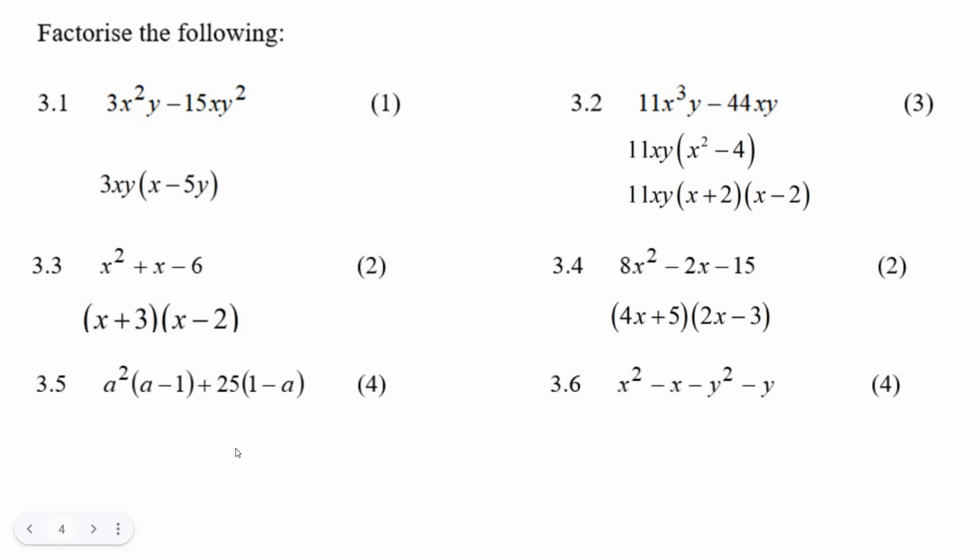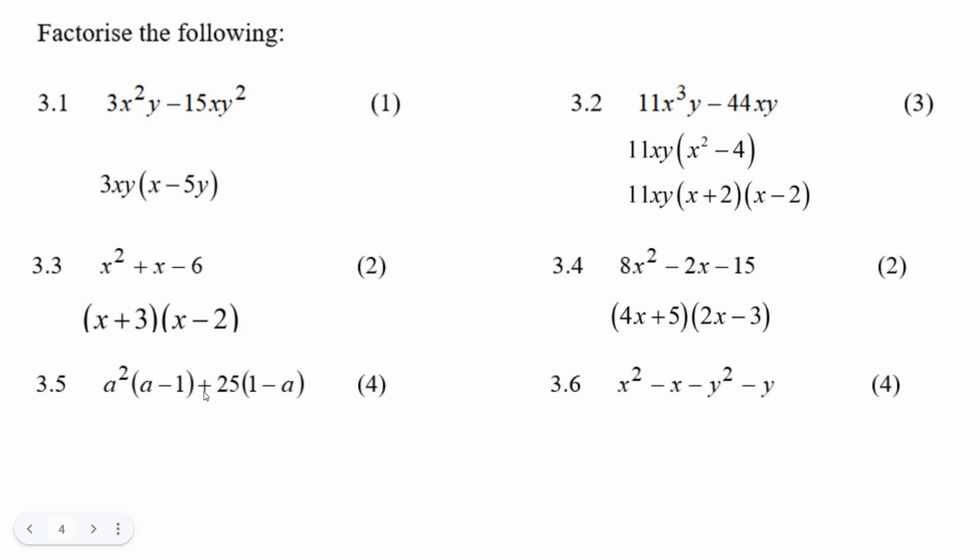Okay, let's try three more factoring problems. Now, here we are looking at this thing. This looks a lot more complicated than the first four. We've got a minus 1, and here we have 1 minus a. Well, they're very similar. Hey, there's a special trick called a switch around, so that if I put a negative,